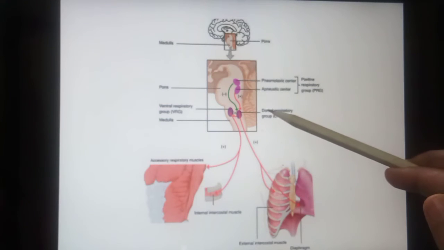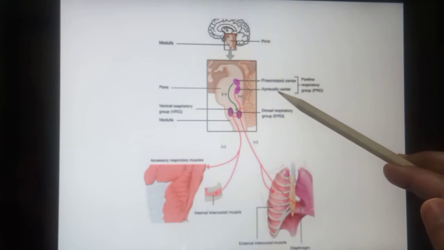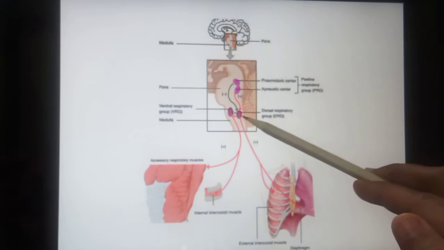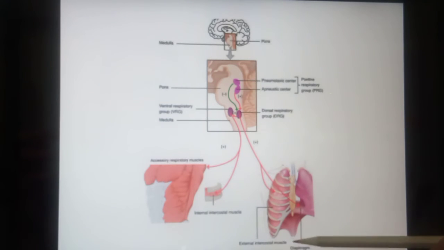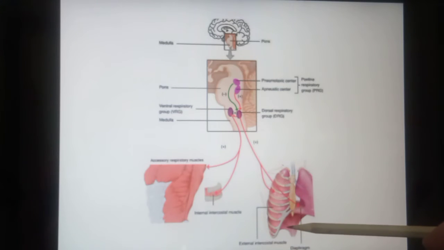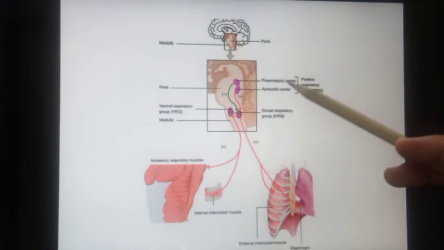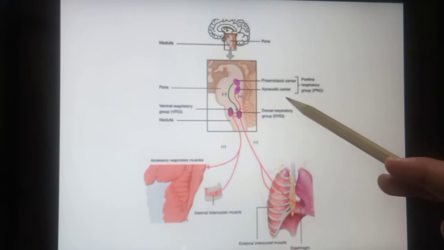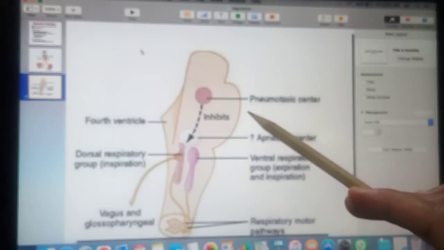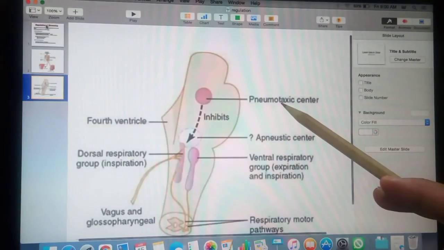So there is a second center present in the pons, called the apneustic center. This apneustic center gives the signal to the DRG to restart, to contract these two muscles, so that inspiration is done again. Understand? In the nervous system, in the neural receptor,